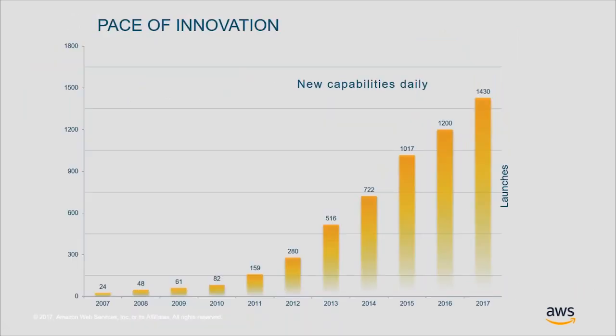This chart shows the pace of innovation and the number of significant features and announcements we've made throughout the years. And as I mentioned earlier, 1,430 just in 2017 alone. And we fully expect, especially in the wake of our users conference re:Invent, which happened earlier this month, that this pace of growth is going to continue. Customers benefit from this continual evolution, innovation, and iteration because they get the newest and latest features, and there's no need to update, deploy, or migrate.